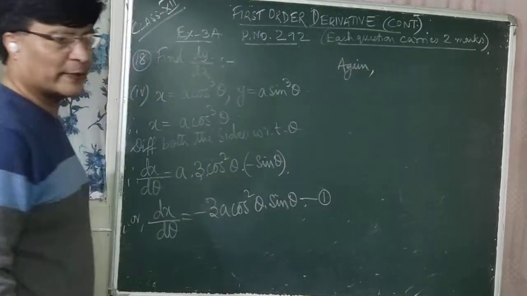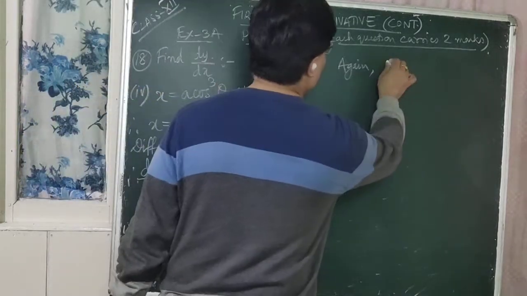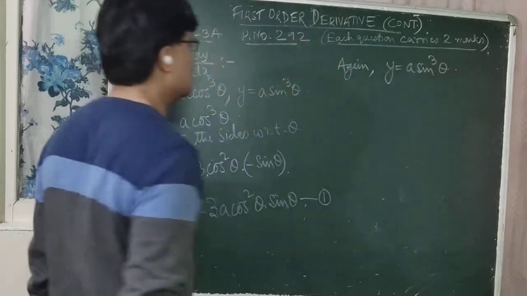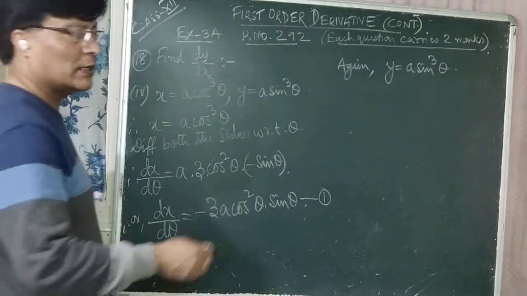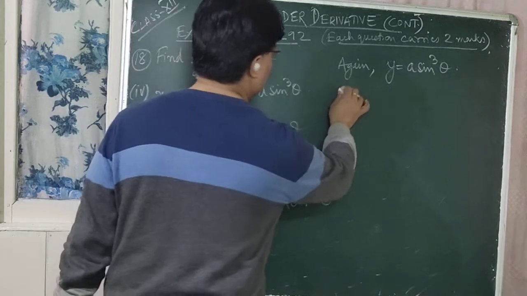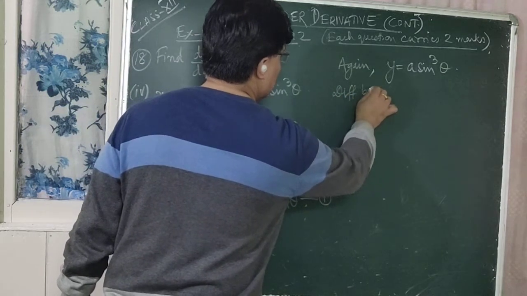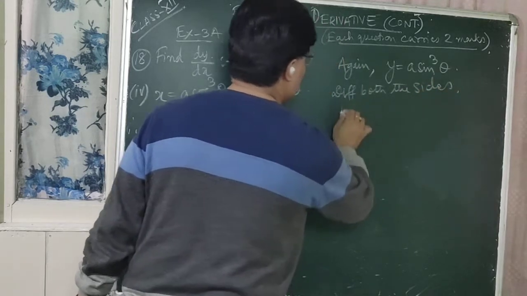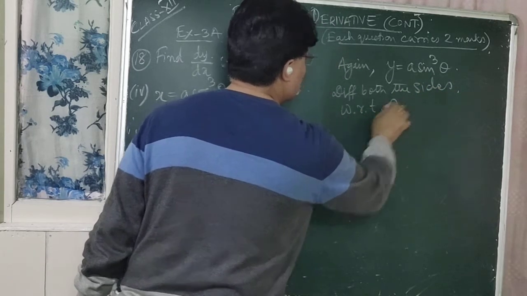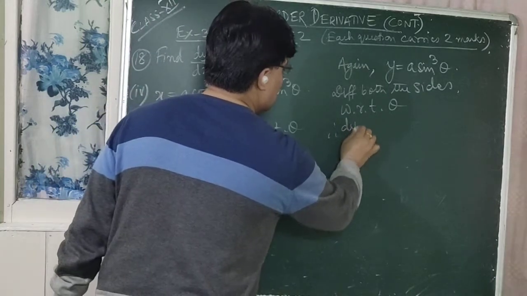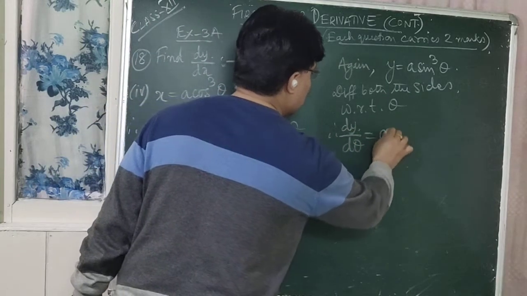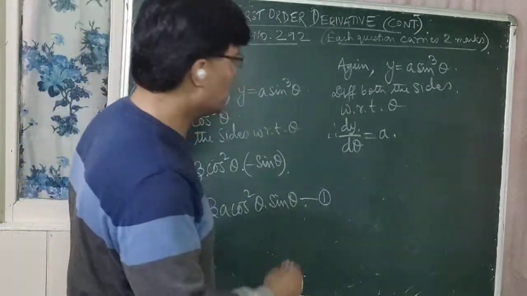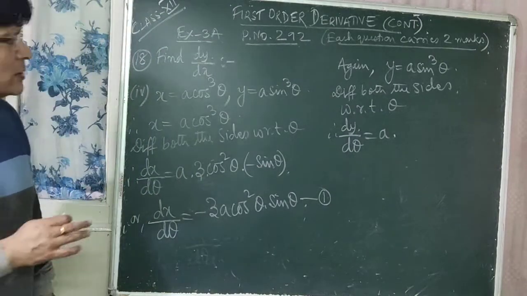the second equation with respect to theta, that is again y is equal to a sin cube theta. Now let us find out dy by d theta here first. So differentiating both the sides with respect to theta. So it is dy by d theta is equal to, a is constant here, only the variable, third variable or parameter is theta. So you have to differentiate with respect to theta, that is dy by d theta is equal to a into,